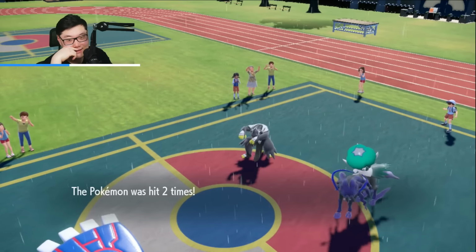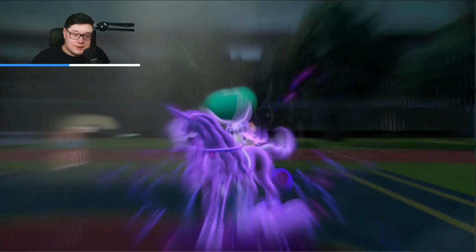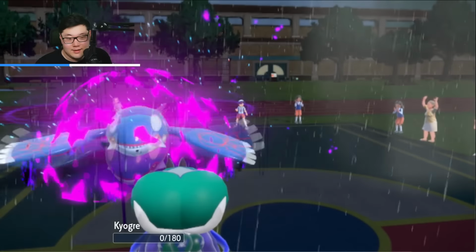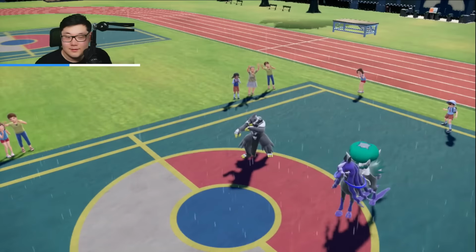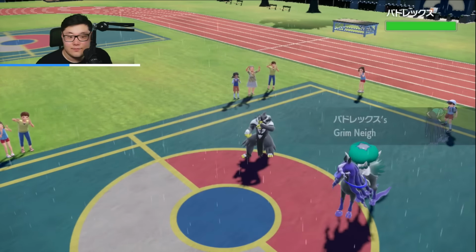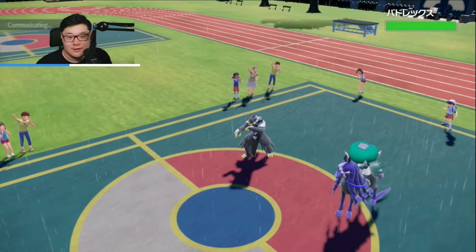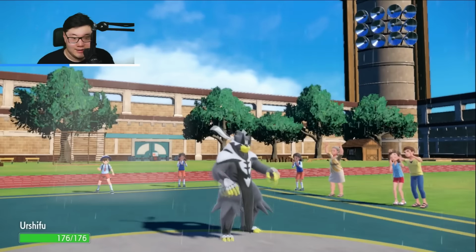And is Astral? Okay. So we win anyway. I think we win anyway. Because we go into Ursh, we go into Miraidon, we click Terra Water Surging Strikes and Thunder into the Calyx